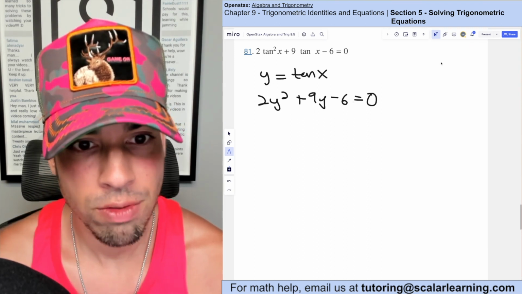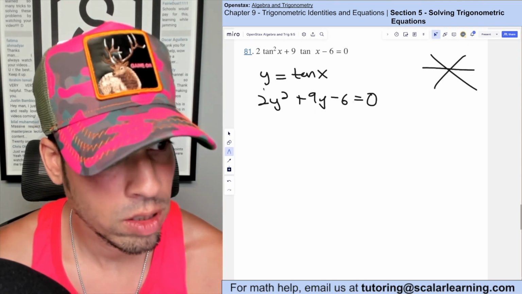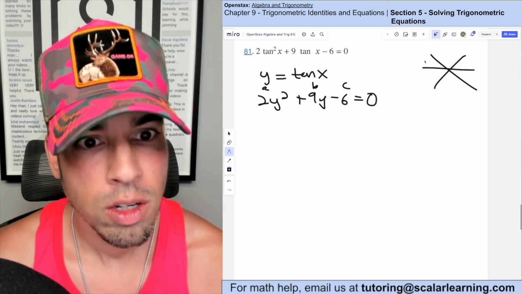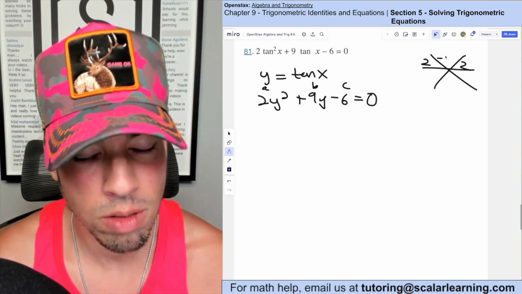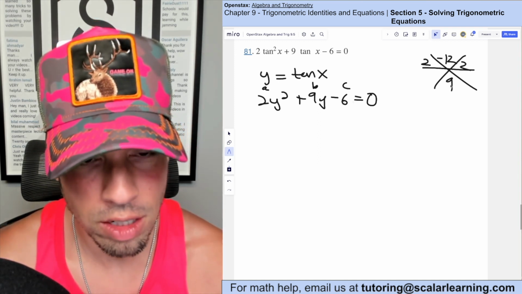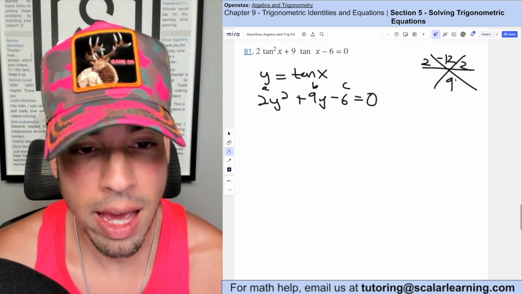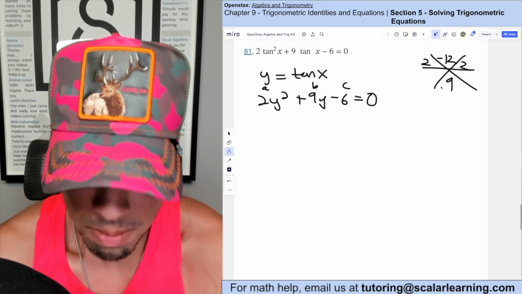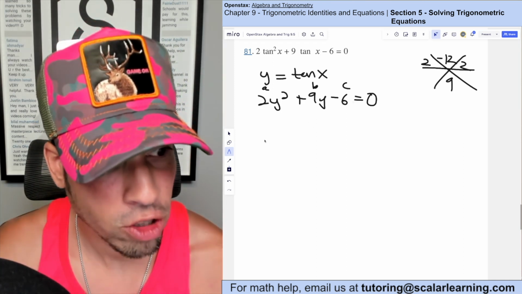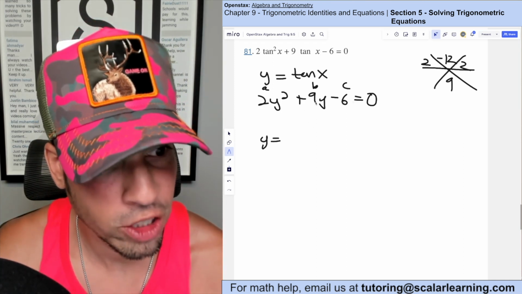Then I want to see if this is factorable via the star method, where this is a, b, and c. So I got a up here, a times c, 2 times negative 6, which is negative 12 here, and then 9 here. So are there any two numbers that multiply to negative 12 and add to 9? No, there's no such combination. Therefore, this is not going to be factorable, and we're going to have to use the quadratic formula, which is